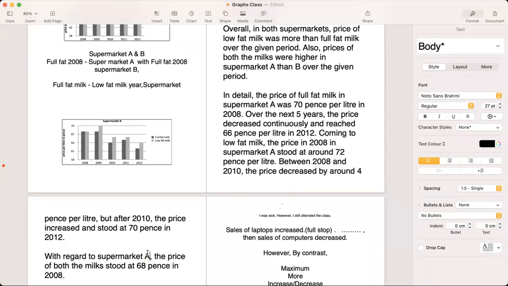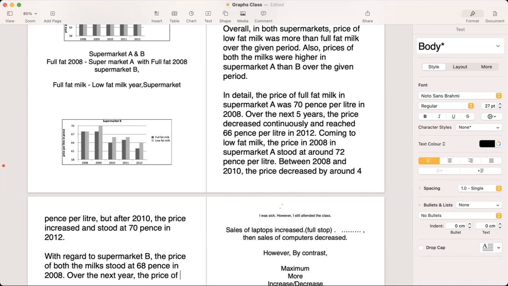ओके, दोनों की प्राइस इतनी थी। अब हम फुल फैट की बात कर लेते हैं, लो फैट की बात कर, फुल फैट की पहले स्टेबल रही फिर डिक्रीज हो गई, हम ऐसे कर लेते हैं, यहाँ तक स्टेबल है फिर डिक्रीज हो गई, और उसका कर देंगे B का कि पहले इंक्रीज हुई फिर डिक्रीज हो गई। तो इसका स्टेबल हुआ, इसका इंक्रीज हुआ 2009 तक, फिर दोनों डिक्रीज हैं, 2009 से दोनों डिक्रीज हैं। That's what I am going to write. Over the next year